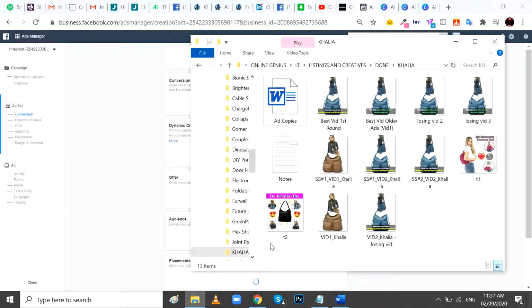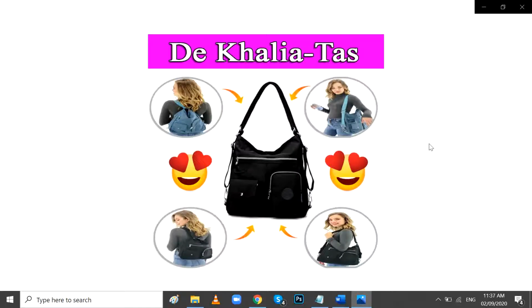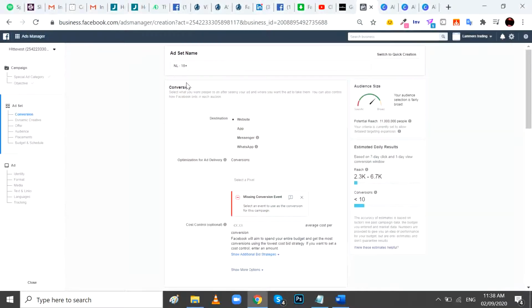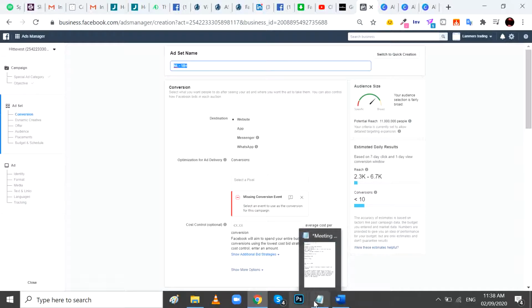By the way, what I'm going to launch here is a lady's bag. It's a bag that transforms from a handbag to a backpack, basically. Okay, so I'll put, this is a dynamic ad. So because this is a dynamic ad,